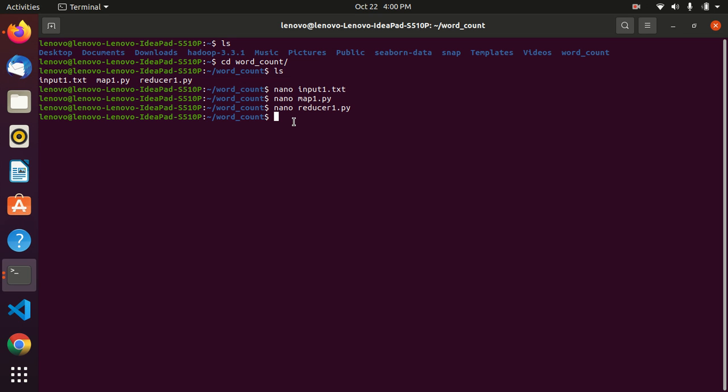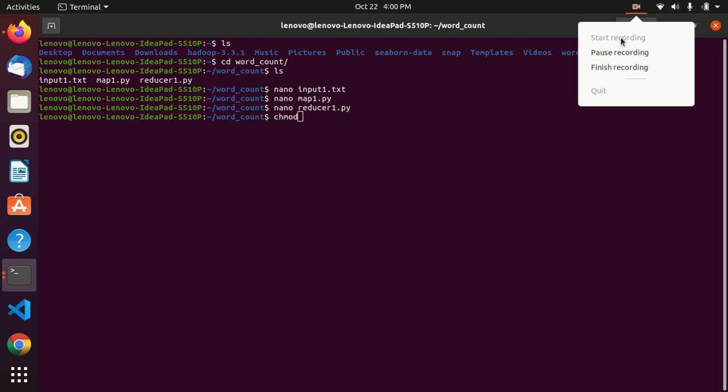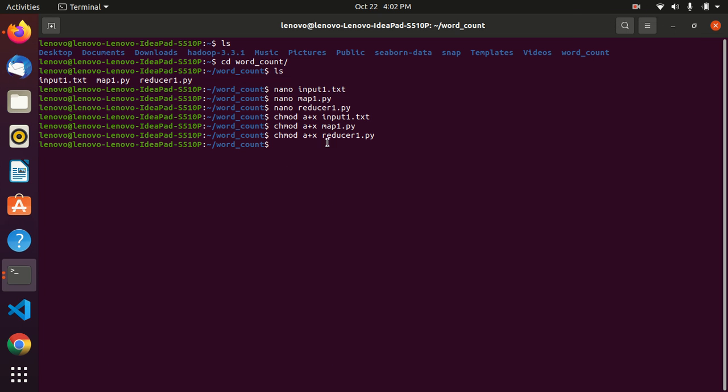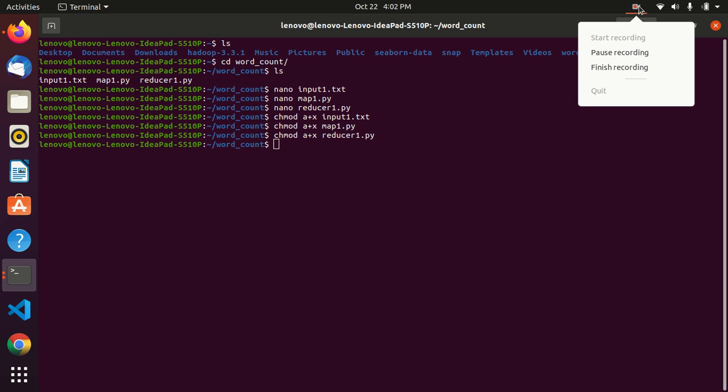Before that we have to change the permissions for it, so for that we use the chmod command. Here we are changing the permissions with chmod a+x, where we are giving permissions for the input file and the mapper file and the reducer file. Now we are going to execute it locally.